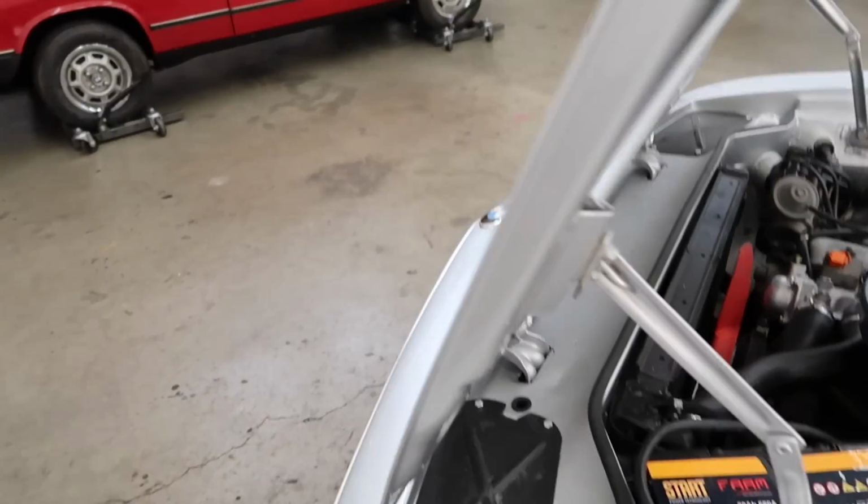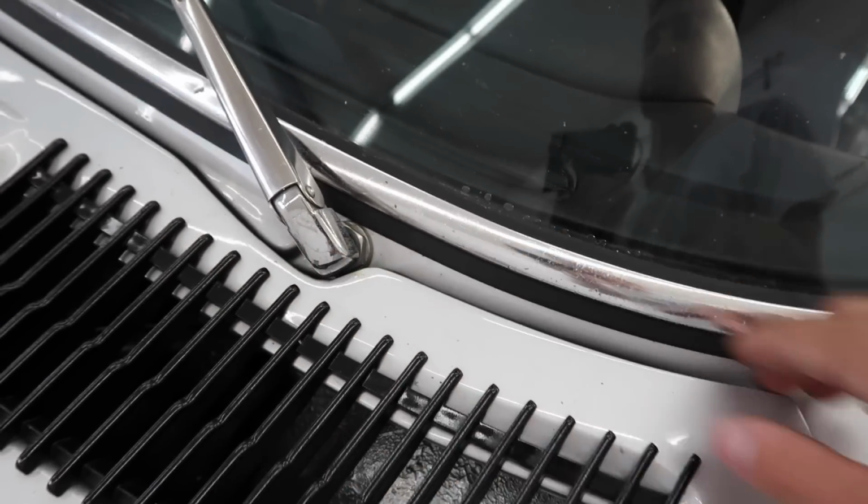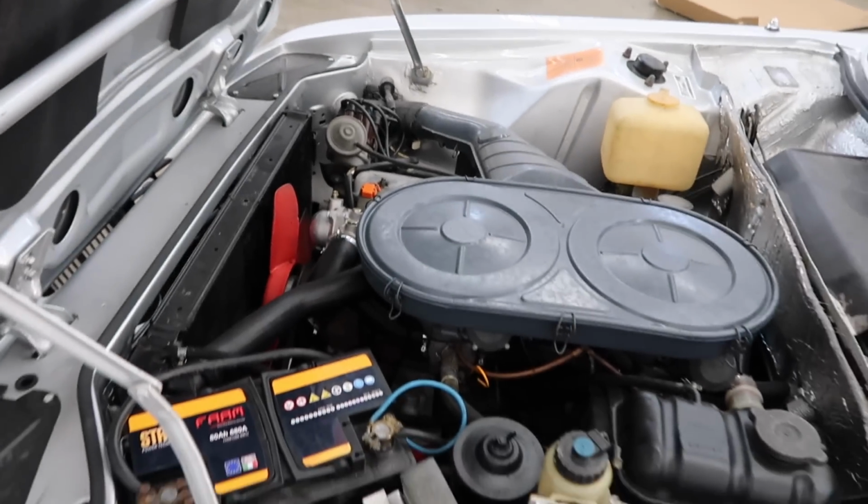And I mean, just look at the quality of these cars. Like, look at this gap, right? So you're like, okay, closing the hood. Oh my God, it's gonna hit, dude. No, it does not. It is perfect. Look at the gap here. And everyone that's looked at this car, they're like, oh, that's off. And I'm like, no, it's not. This is just how it is. It is beautifully engineered, precise,